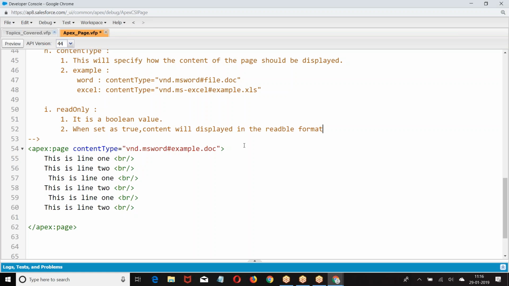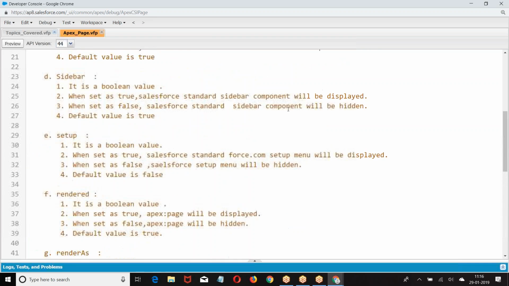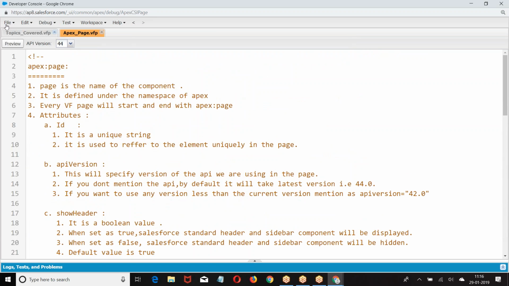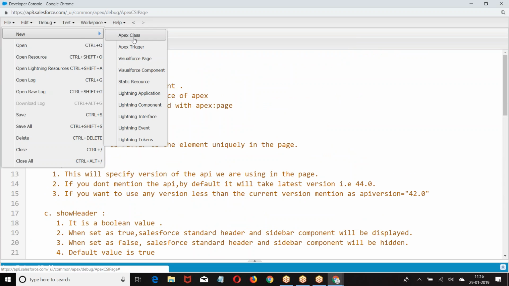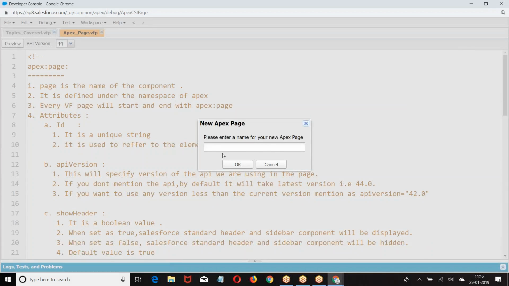Clear. Right. So this is the first component what we had, Apex page component with some of the basic attributes. I hope everyone is good with this. Clear for everyone? Right. Let us get into the next component. The second component what we have is Apex section